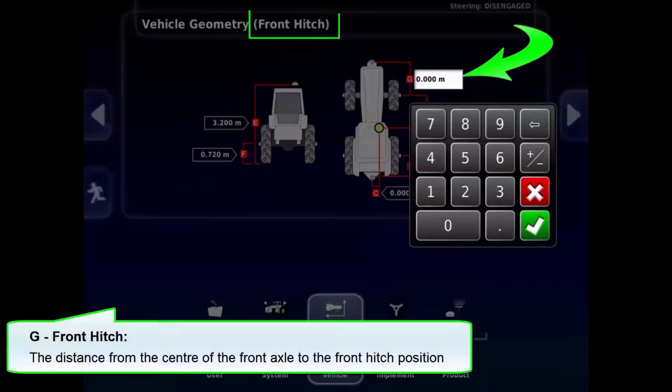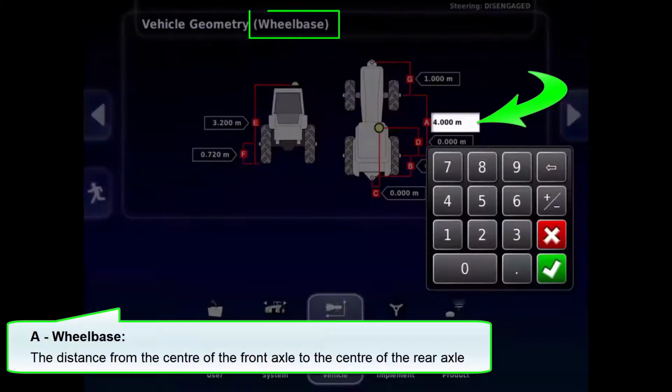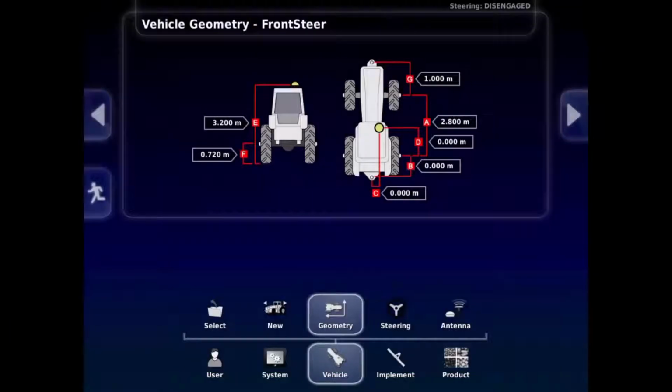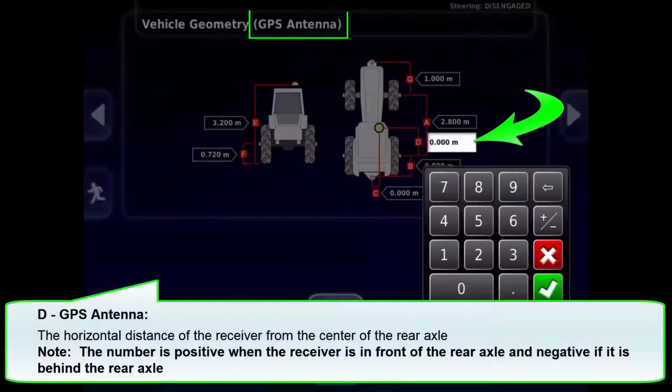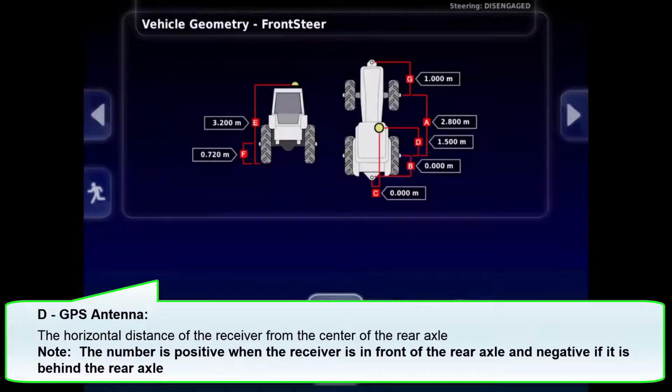G. Front hitch. The distance from the center of the front axle to the front hitch position. A. Wheelbase. The distance from the center of the front axle to the center of the rear axle. D. GPS antenna. The horizontal distance of the receiver from the center of the rear axle. This number is positive when the receiver is in front of the rear axle and negative if it is behind